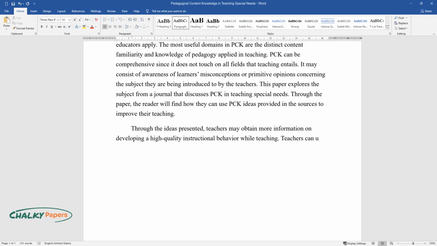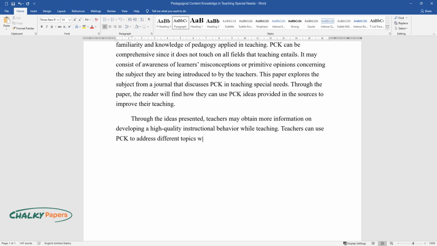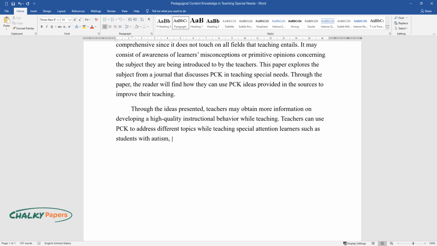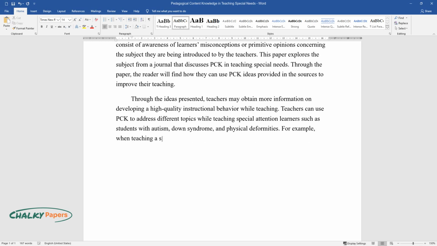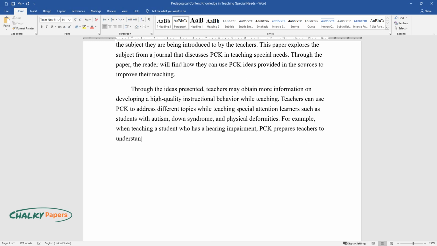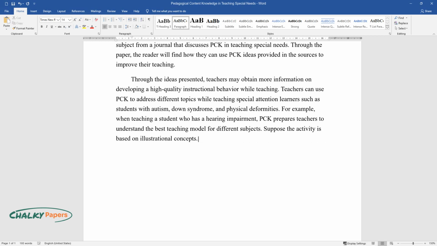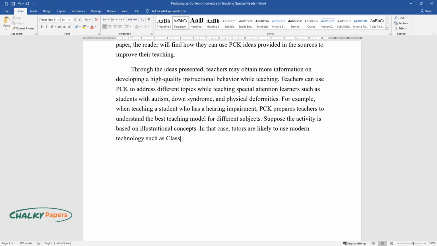Teachers can use PCK to address different topics while teaching special attention learners such as students with autism, Down syndrome, and physical deformities. For example, when teaching a student who has a hearing impairment, PCK prepares teachers to understand the best teaching model for different subjects. Suppose the activity is based on illustrational concepts. In that case, tutors are likely to use modern technology such as Classcraft to demonstrate various ideas to students who